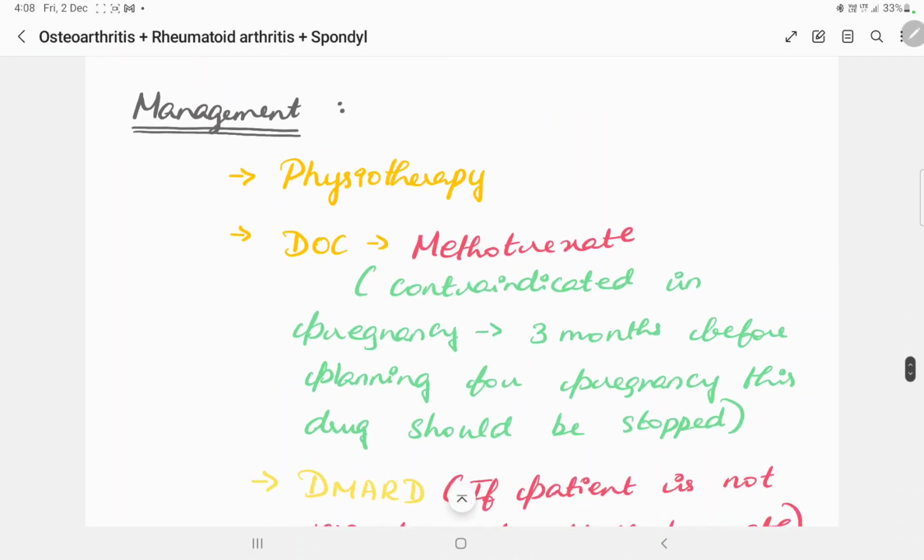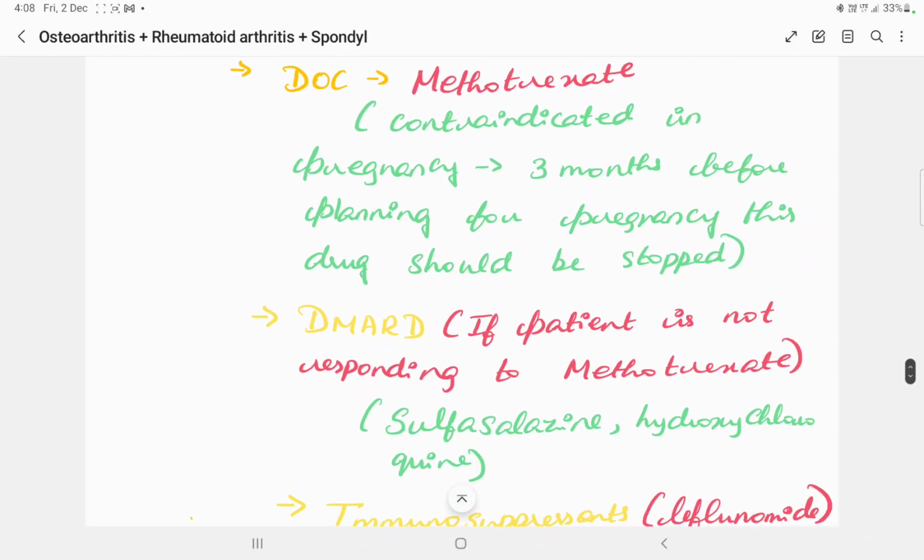Finally, coming to the management. First, physiotherapy. That is the first thing that we do, commonly along with the medical management. So what is the drug of choice? That is methotrexate. Methotrexate is the drug of choice for rheumatoid arthritis, but it is contraindicated in pregnancy. So 3 months before planning for pregnancy, this drug should be stopped since it is proven to be teratogenic. So if someone's using methotrexate and they're not yielding the